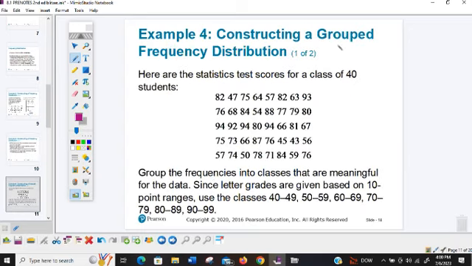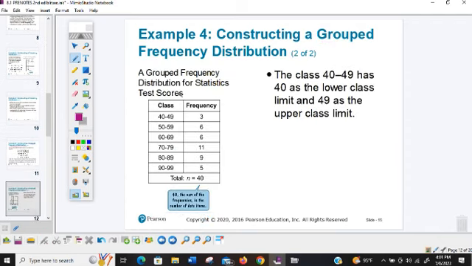On this one, we're going to do what's called a grouped frequency distribution, okay? In other words, we're not going to list all of these numbers. We are going to group them from 40 to 49, 50 to 59, 60 to 69, 70 to 79, 80 to 89, and 90 to 99. That's how we're grouping it, okay? Now, there are actually 10 pieces of data in each group. If you count that out on your fingers, starting with 40 and going all the way to 49, it's 10. That's called your class width,